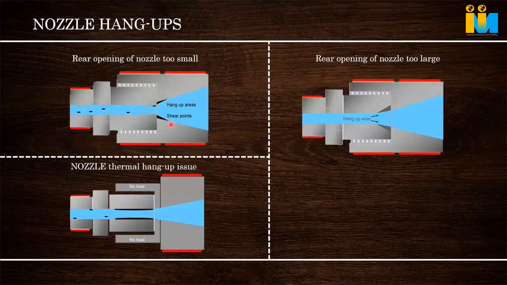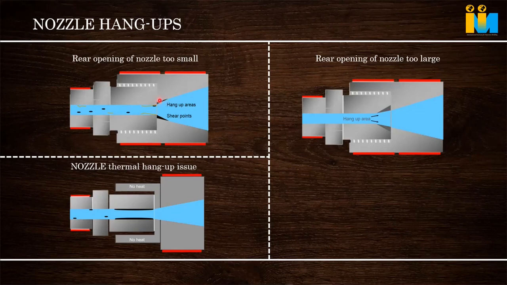This is the head of the machine where the material comes from. This is the nozzle. You see, this is the butting area. If the nozzle diameter is lesser than the head of the machine, whenever injection happens, you can see a black area, a hang-up area, where flow is not happening. A certain amount of material neither goes to the front, it stops there and stays for a longer time. Multiple shots go.